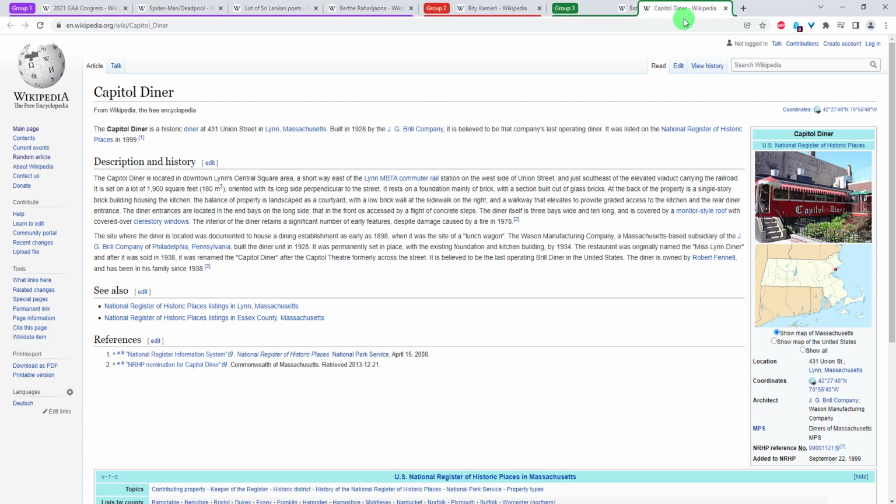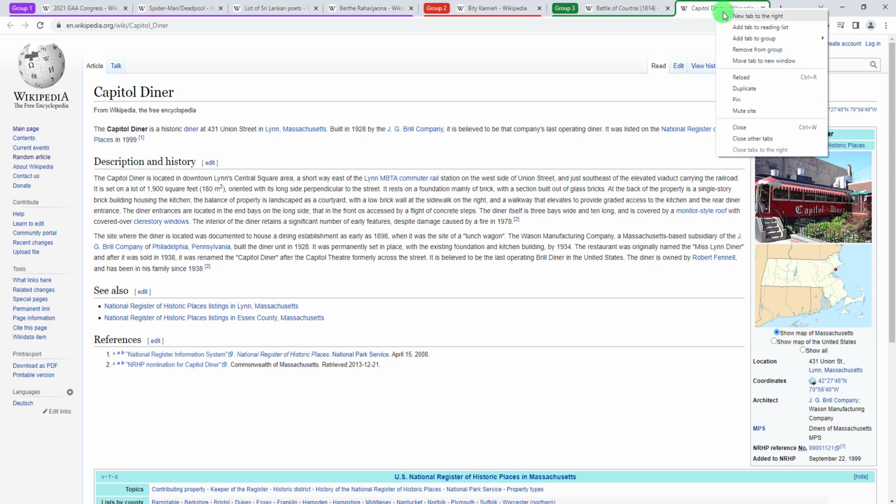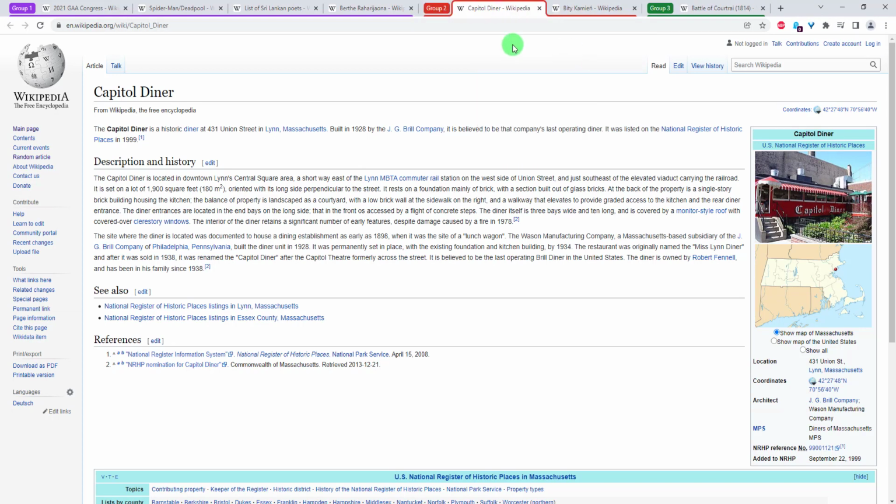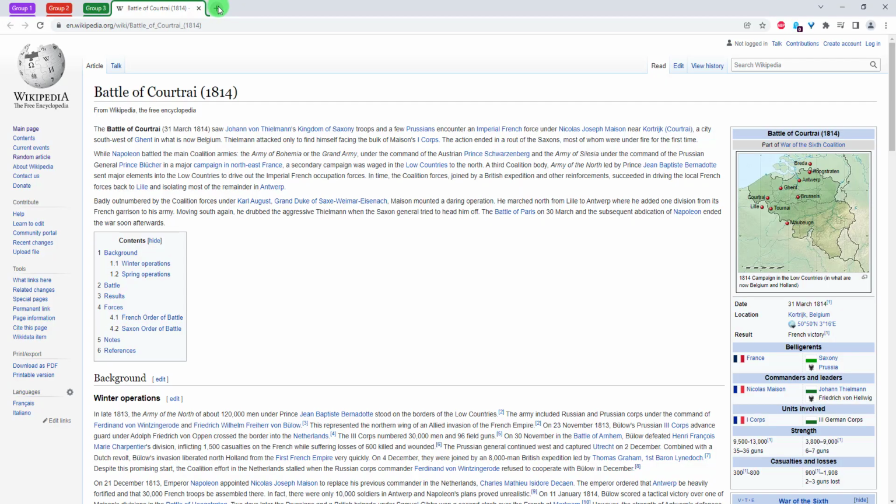That's a cool thing that I just noticed. You cannot add it if it's a closed one, but you can also right click on it and move it from the menu here. So I want to move it to group 1. There you go, moved. I want to add it to group 2. Perfect. And that's the way you organize your tabs